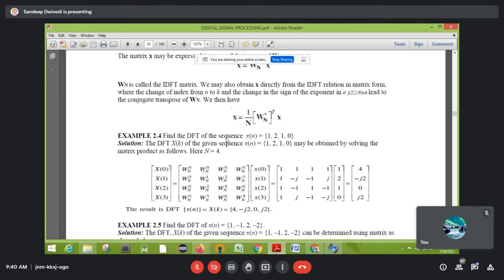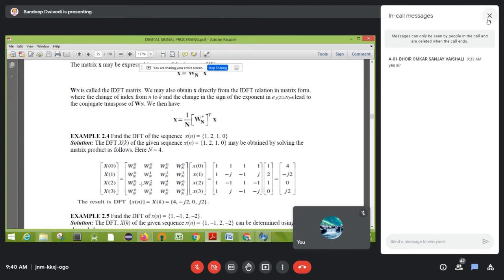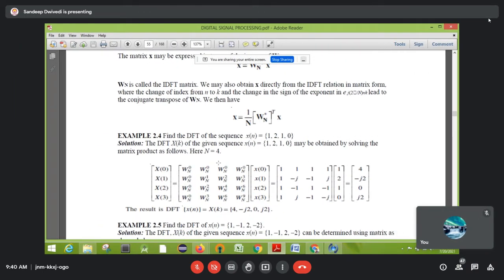Okay, so for this element, this will be 1 into 1, this will be 2 into 1, and for the next element, this will be 3 into 1. Okay, same here, k is 2, and you multiply by n. So 2 multiplied by 0 will be 0, 2 into 1 will be 2, 2 into 2 will be 4, then 2 into 3 will be 6. Here k is 3, so 3 into 0 will be 0, 3 into 1 will be 3, then 3 into 2 will be 6, and then 3 into 3 will be 9. Okay, so this is the matrix. If you do the calculation, you will get values like these.